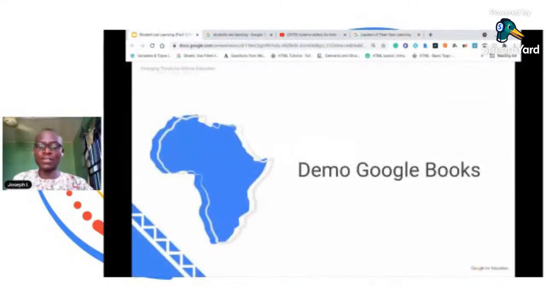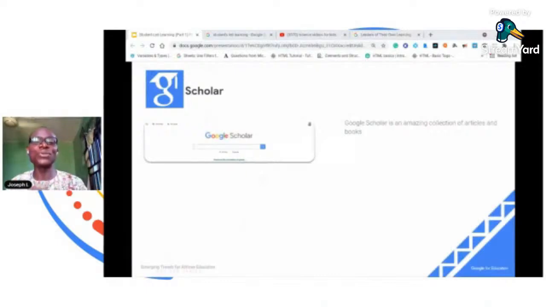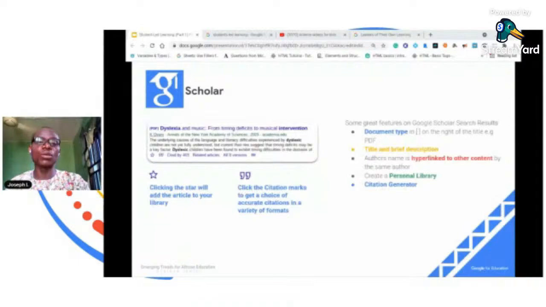We are moving on. Next, we're looking at another amazing product by Google. This time it is Google Scholar. It provides a simple way to broadly search for scholarly articles on the internet. Search across a wide range of disciplines and sources, and we can get articles, theses, books, and more on Google Scholar.